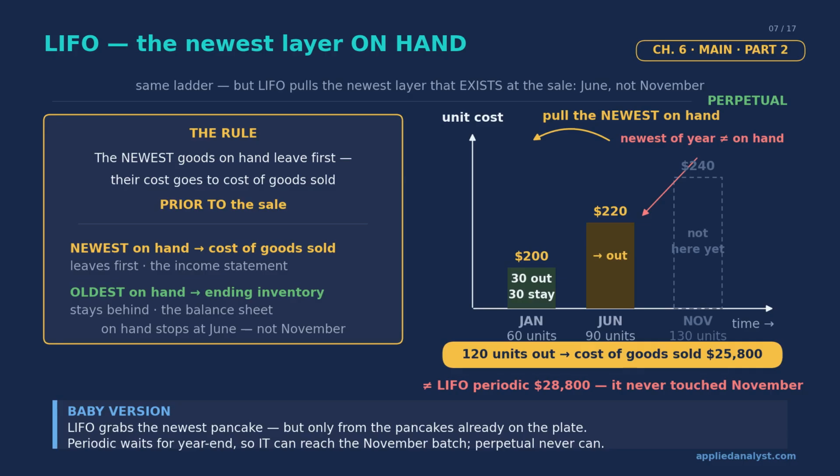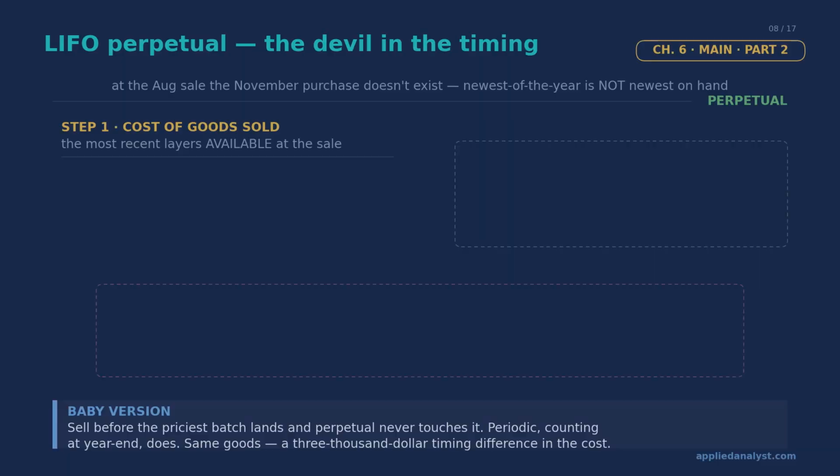Keep your eye on that missing November batch, and before we run it, pause for 1 second and make a call. With November out of reach, will Perpetual's LIFO cost land higher or lower than periodic's? Lock it in. Let's cost it. LIFO, last in, first out, and this is where Perpetual earns its reputation. At the August 20th sale, the November purchase does not exist yet, so we pull the most recent layers actually on hand. 90 June units at 220, that's